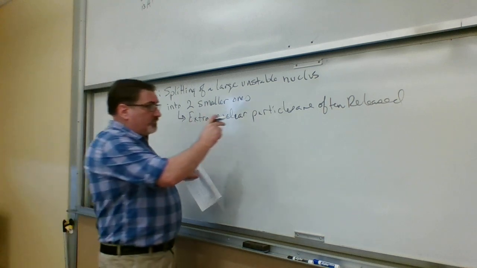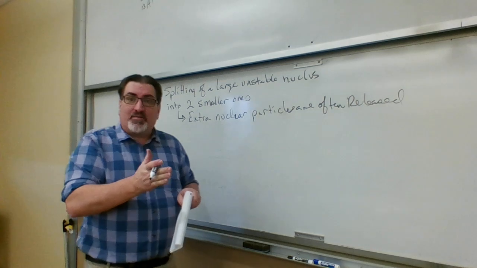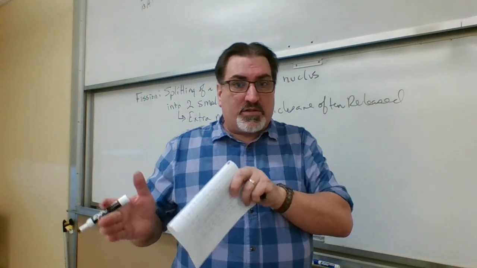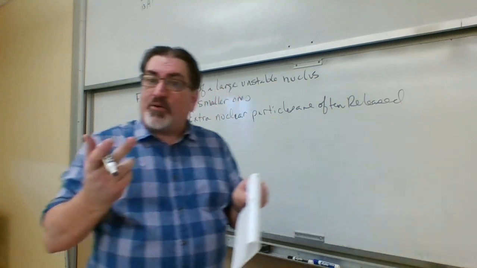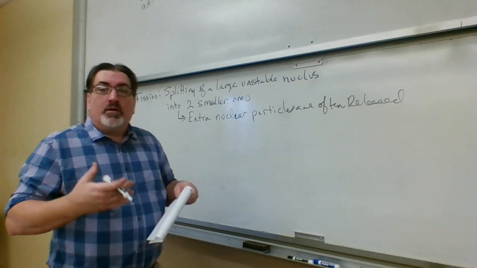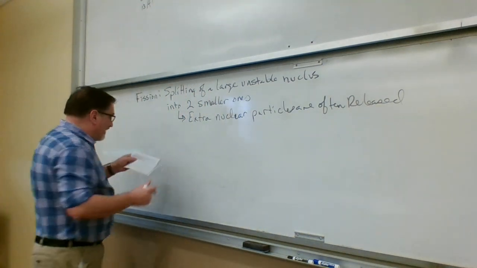But we take a large nucleus and we split it, and the splitting doesn't have to be equal. We can make one very small atom and one just small atom. They don't have to be the same size. No, we're not creating two of the same atom. That's why there are so many different emission particles for nuclear fission processes. So we can take something like